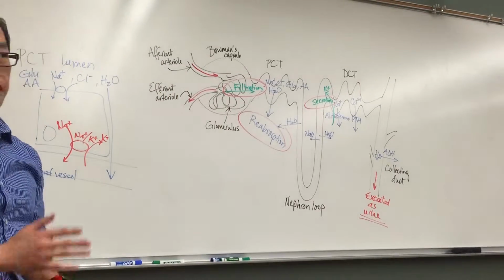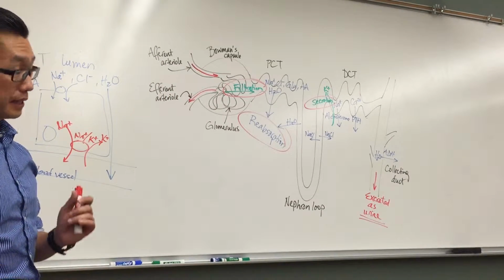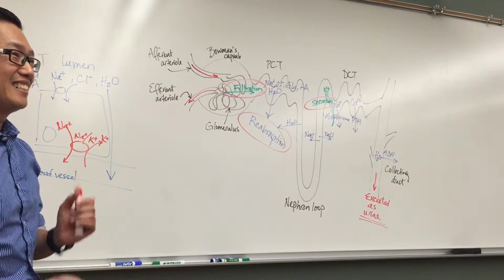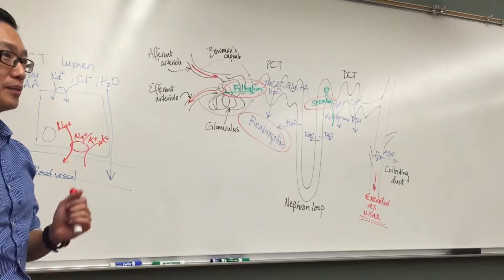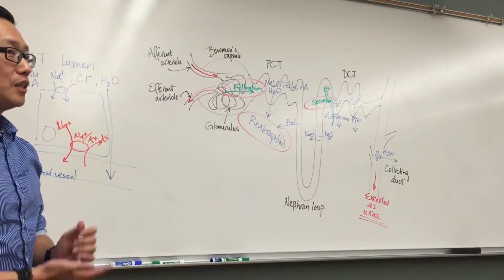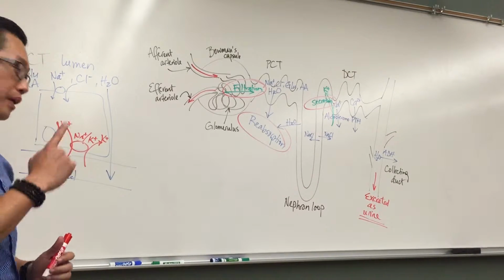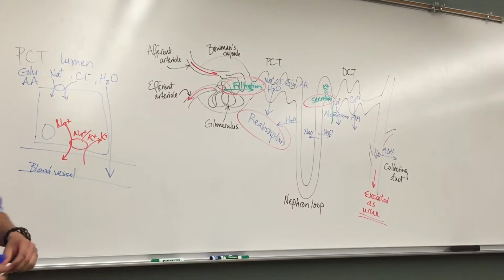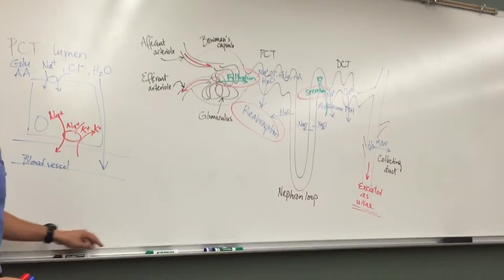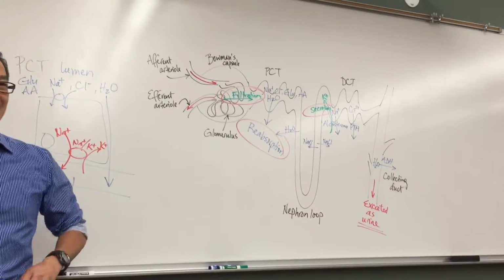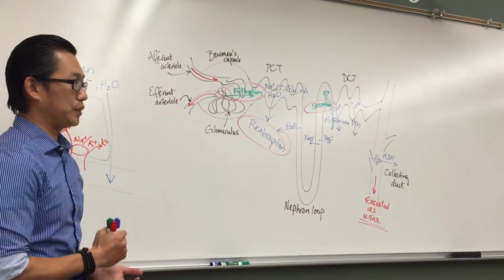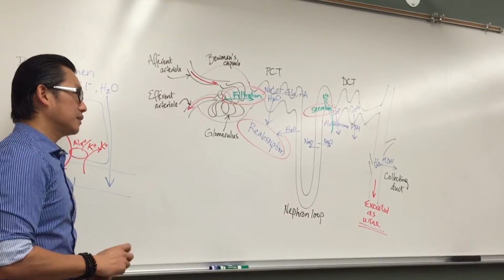And you guys remember where ADH is released from, right? Because that will come back. What's that? Hypothalamus. Which part of the hypothalamus? No, it's made in the hypothalamus, right? But made by what part of the hypothalamus? Supraoptic. It's not a cumulative final, but it sort of is. So if you guys don't remember some of those structures, go back and review it. So reabsorption is